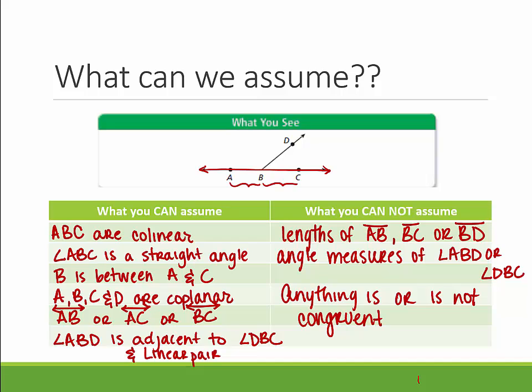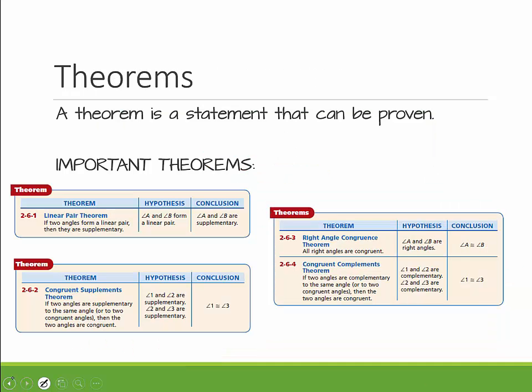So half the battle is figuring out what you can say and what you can't say based on a diagram that they give us. So theorems, you've heard that word before, but a theorem is just a statement that can be proven. Here are 4 theorems that we're going to talk about in this chapter that we're going to use to help